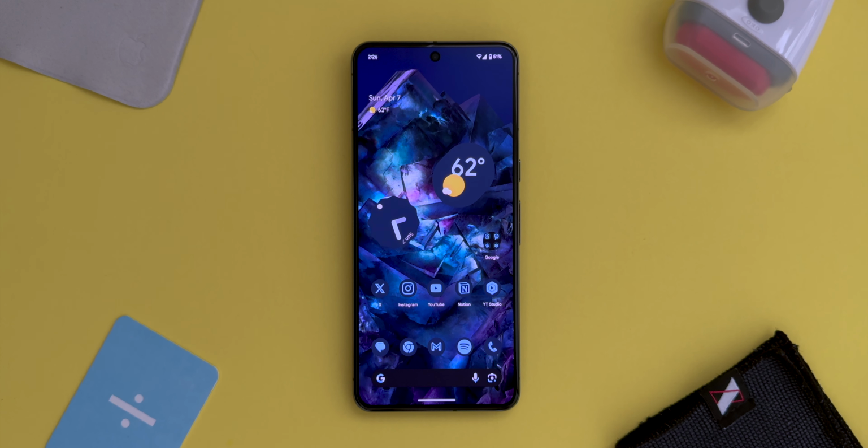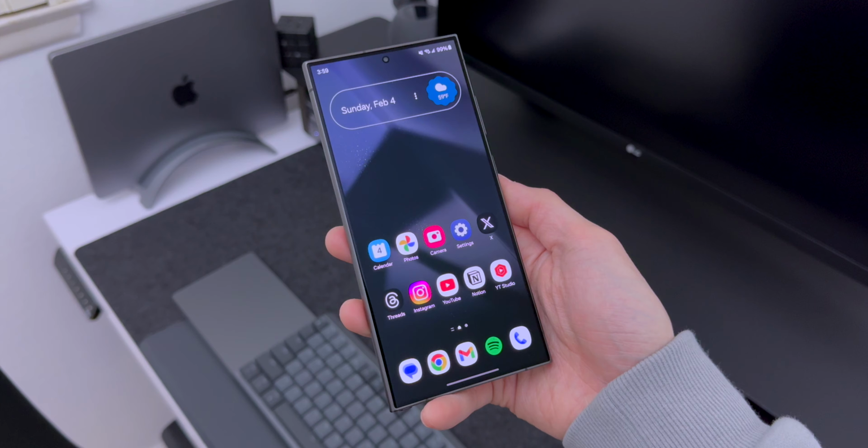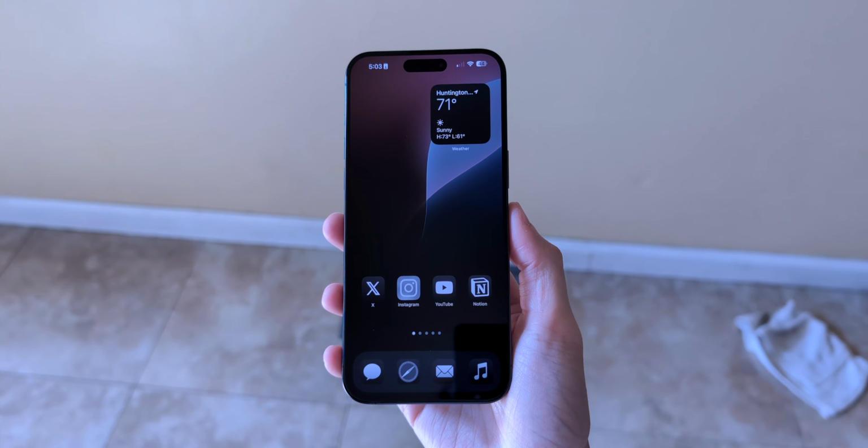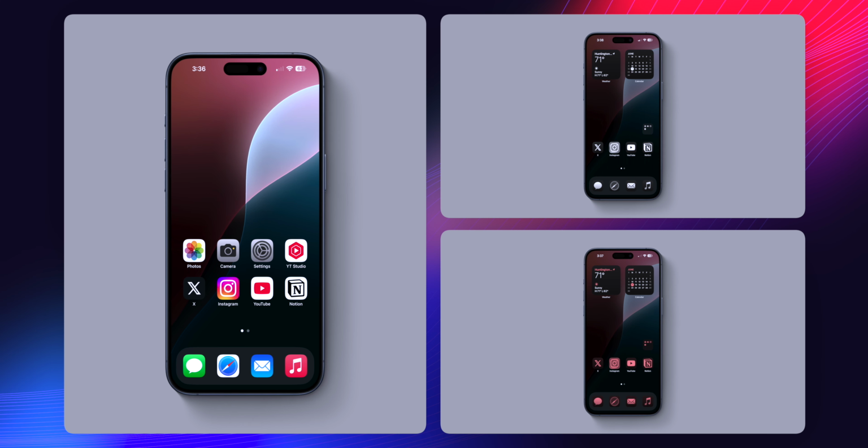Stop me if you've already seen this, because I've been customizing my Android phones for years. Pixel phones, Galaxy phones, and even Nothing phones. But I'm glad it's finally available on iOS. You can move app icons anywhere on the home screen, change the icons to a new dark mode, or add tint to match your wallpaper or a color of your choice.